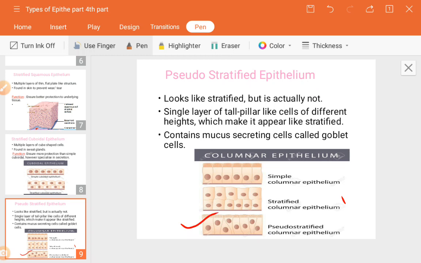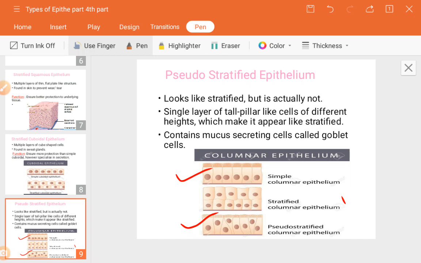in a different height. In a different height means it's not like a column. If you see the first image, this one, it's actually a columnar epithelium, is it? So that's why. Next,